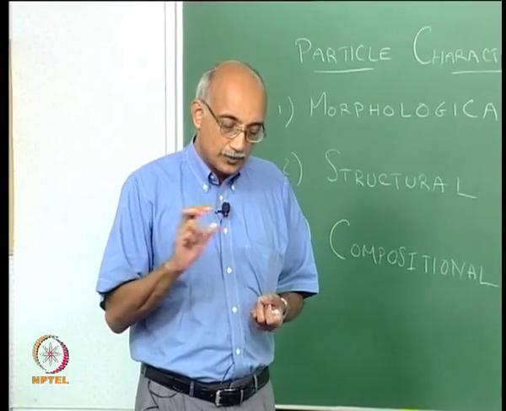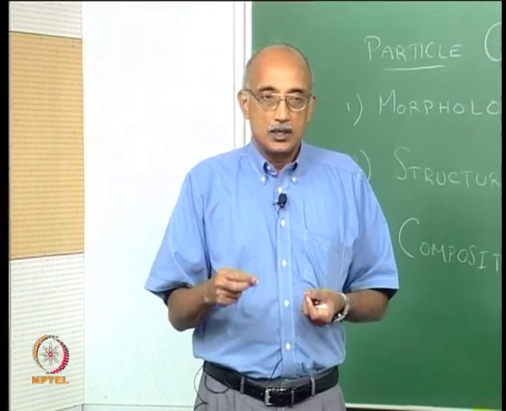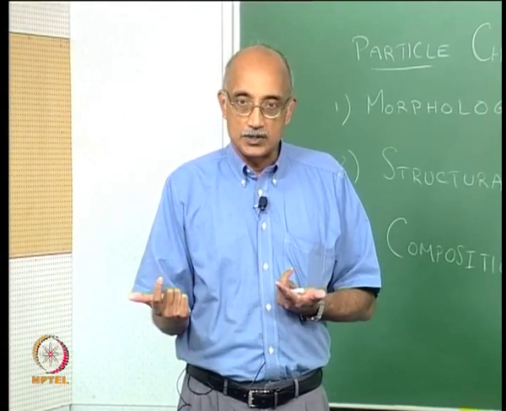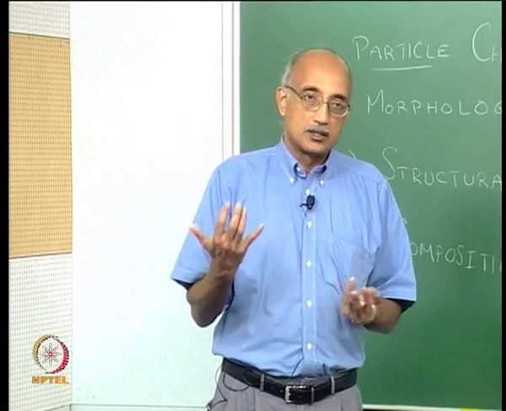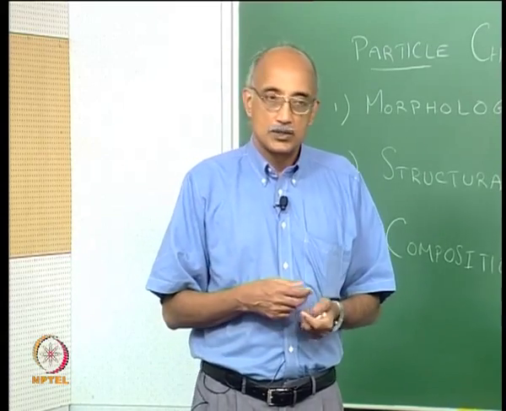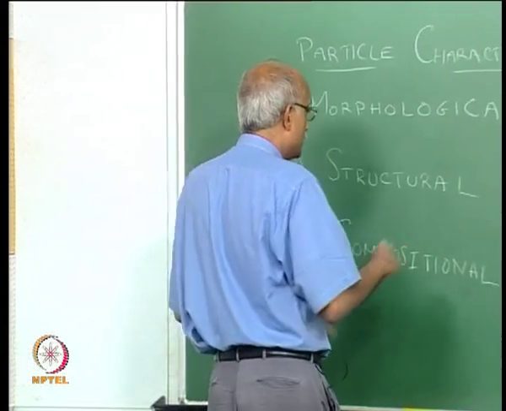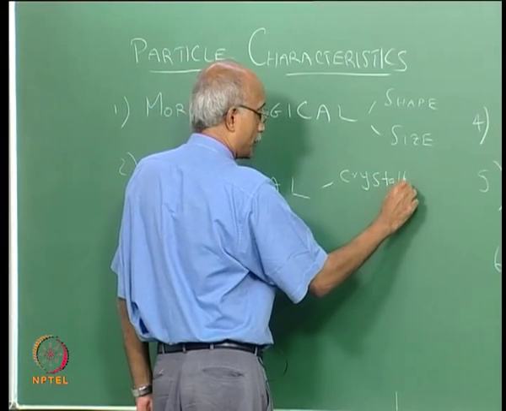So, when we talk about structural characteristics of a particle, there are really two ways to approach that. The first is based on the macroscopic nature of the particle. Is it crystalline? Is it amorphous? Or is it something that has crystalline features in some spaces and is amorphous in other places? So, the crystallinity is one of the most important structural aspects of a particle,